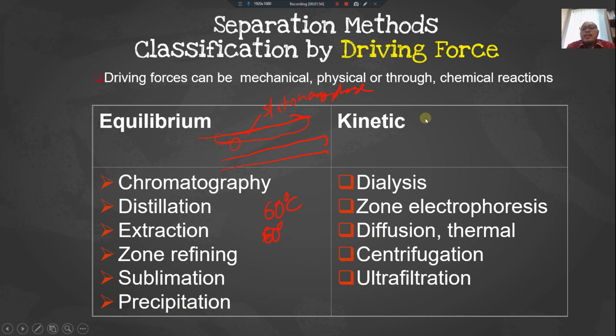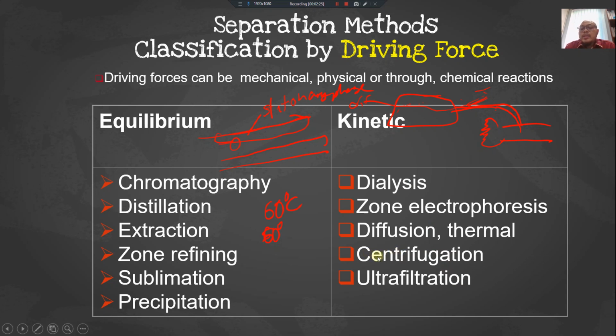Like dialysis. After dialysis, let's say this is your hand. I'm not good with drawing. This is the tube of blood, and then it will move over here. We have the filter, so we have the diffusate and also residue. So it is through the kinetic action, through movement. For example, the next one is the